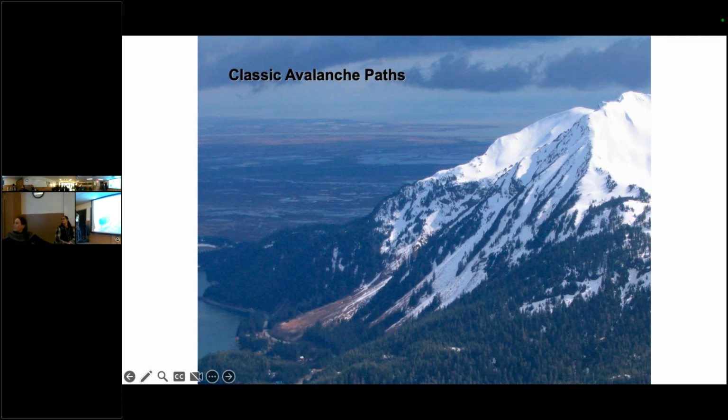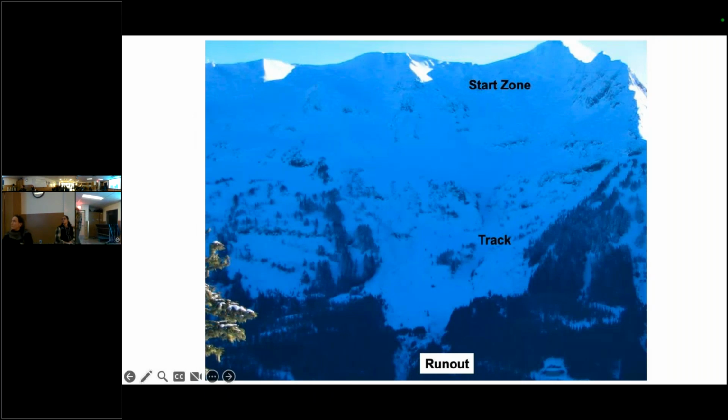It's good to recognize paths and just notice, why are all these trees gone? How come there's no trees growing here? It's also important to remember that even though there are trees there, doesn't mean an avalanche can't come either. We've seen that at 5.5 mile, a bunch of trees got knocked down on the 2000 side. Basic definitions: we've got our start zone where avalanches start, we've got the track or path, another name for it, and then the run out is where the snow starts slowing down and depositing. Anyone know where that is?